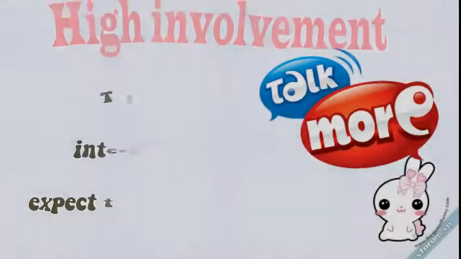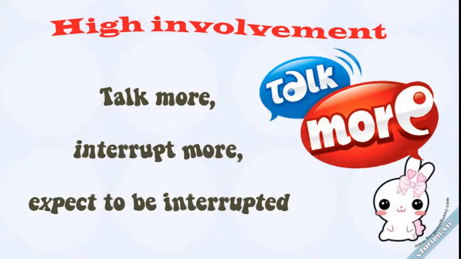The first one is high involvement. In high involvement conversation, people tend to talk and interrupt more. They expect to be interrupted. They talk more loudly and quickly than those from cultures favoring high considerateness styles. Many high involvement speakers enjoy arguments and might even think that others are not interested if they are not ready to engage in a heated